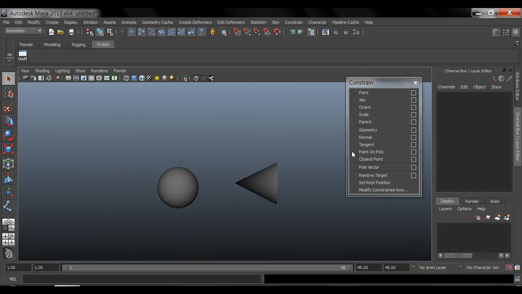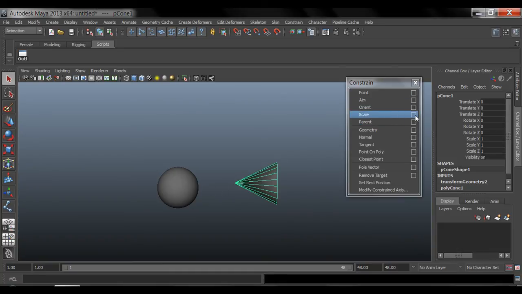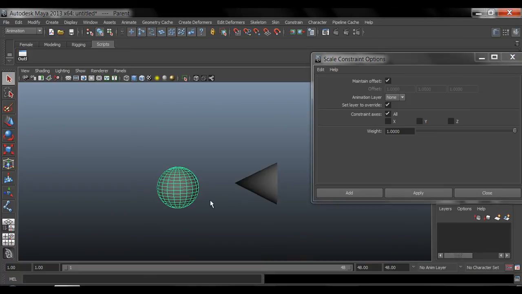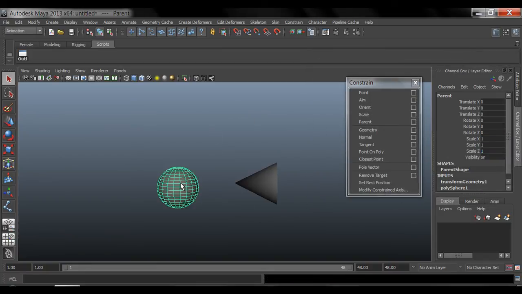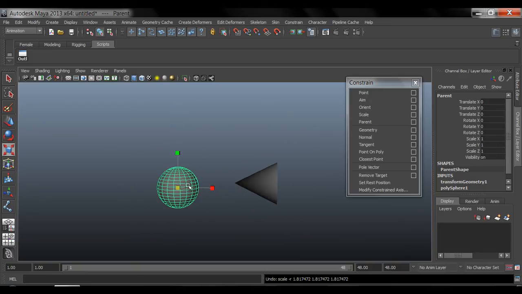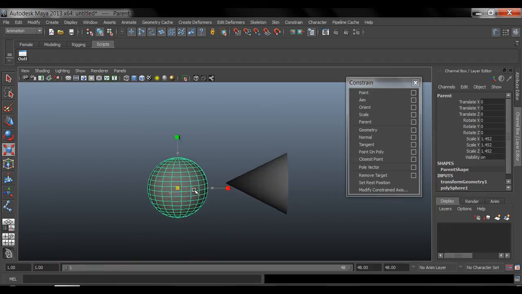So lastly, well, the scale constraint is pretty self-explanatory. Again, it's going to connect now the scale. So I can do maintain offset, select the parent, select the child, apply, close it, and then as I rescale this, obviously that one's going to scale with it. I can move it, nothing happens because it's not connected to the translate. I can rotate it, nothing happens because it's not connected to the rotate. But when I scale it,